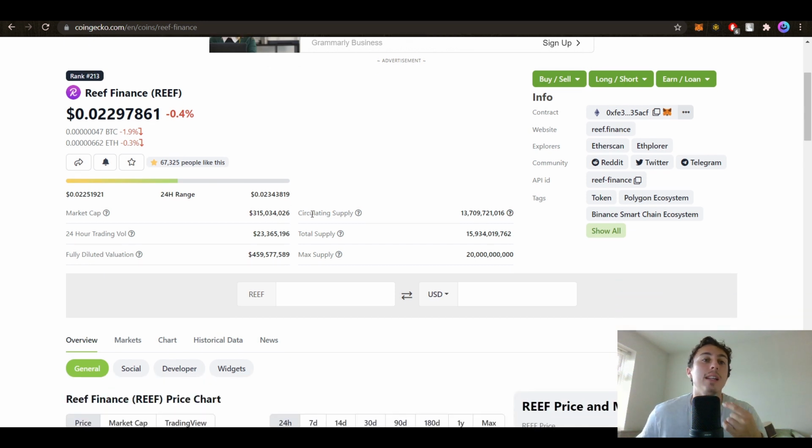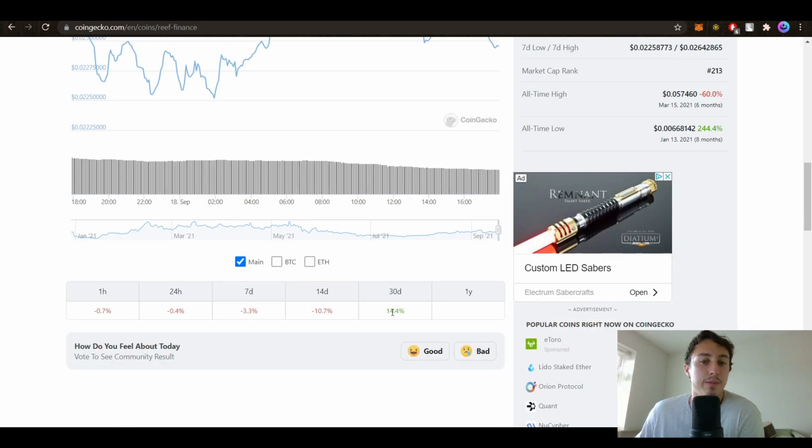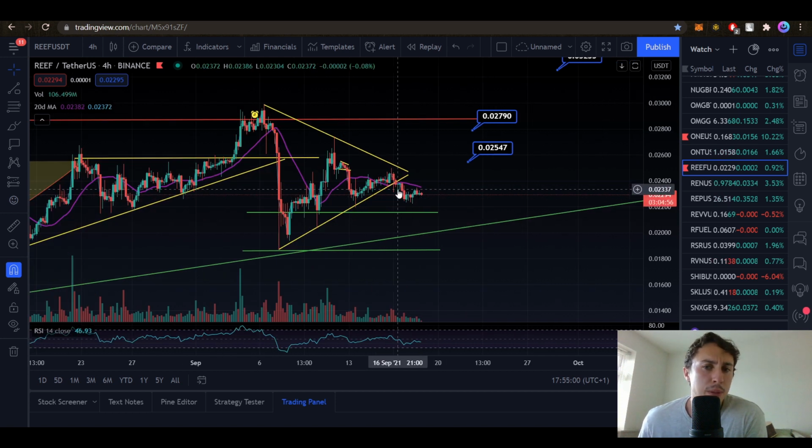So let's look at Reef Finance today. We're sitting at a market cap of 315 million with a trading volume of 23 million. Over the last 30 days we are up 14.4%, and the last 2 days is down 10.7%. Very nice. If we jump into the chart, we can see we had this symmetrical triangle like we saw